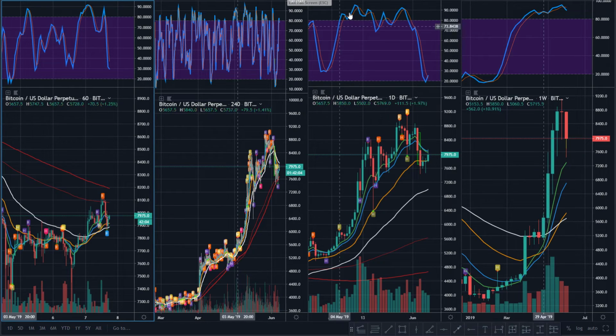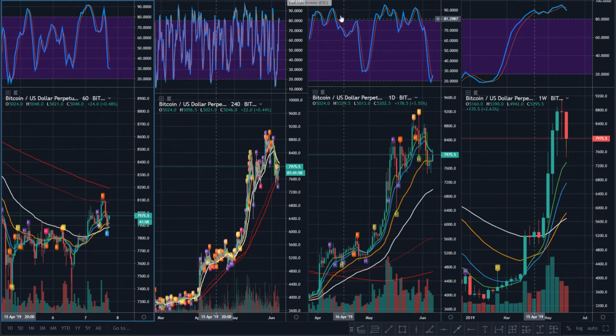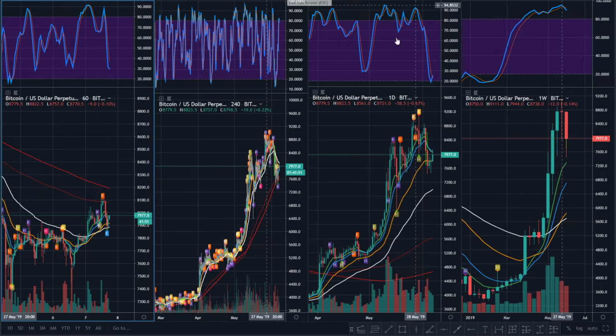Same thing over here. This is not overbought, no matter what we want to say. I know we have to call it overbought because it's our only point of reference, but as much as we want to call it that, the reality is that's not true. This is just simply high momentum, high stochastics, right?